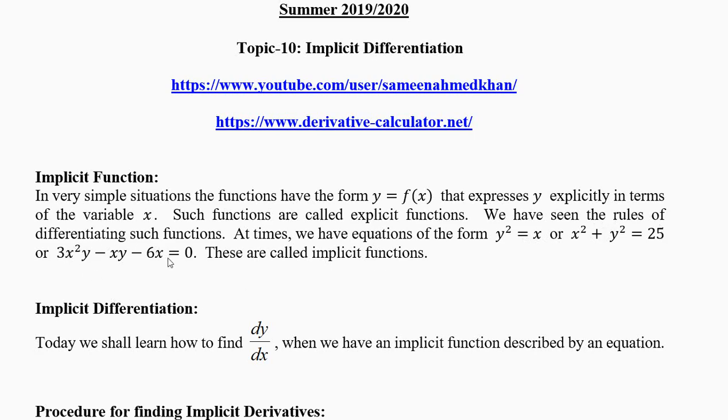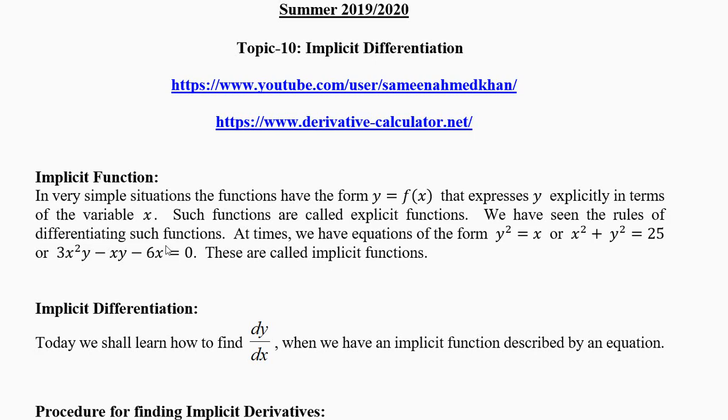Now here you have a more complicated relation. The x and y are mixed, they are multiplying. Here the x and y were not multiplying. So you can have a complicated function like this. But the complication will not hinder us because today we'll be just doing differentiation. So we don't have to worry about the complication.